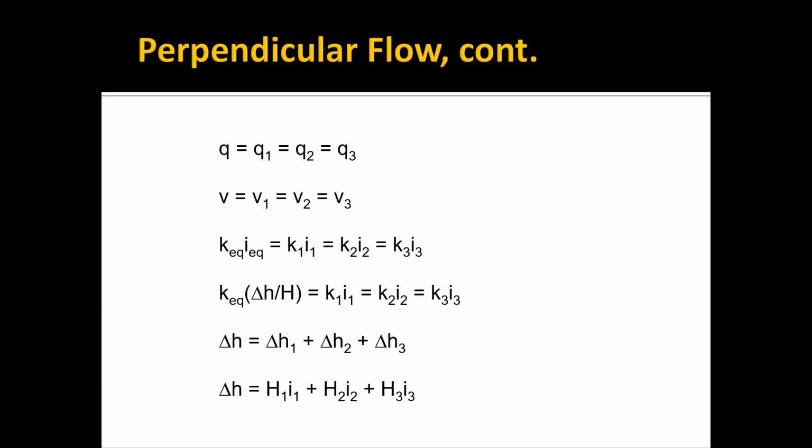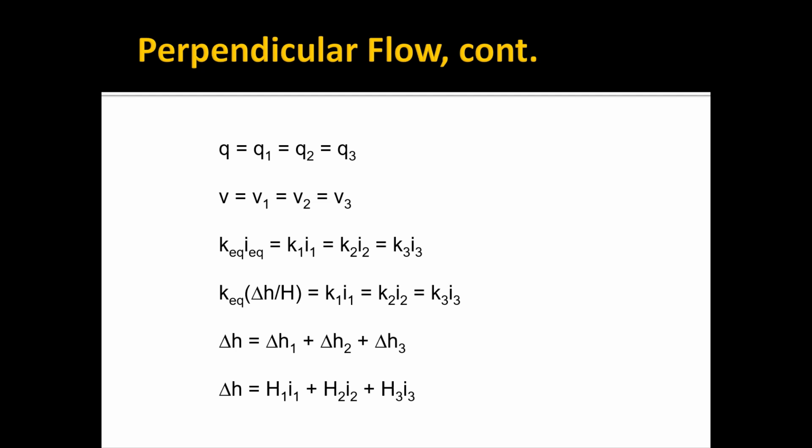Remember, the hydraulic gradient is how much the head changes over a certain length. And so if you multiply that gradient times a thickness, you'll get how much head loss occurs in that layer. And the head loss in layer 2 is the thickness of layer 2 times the hydraulic gradient of layer 2. And the head loss in layer 3 is the thickness of layer 3 times the hydraulic gradient of layer 3. So now what we are going to do is jump back and look at